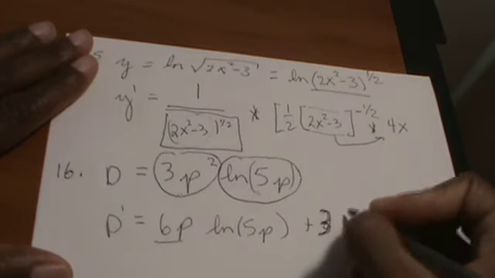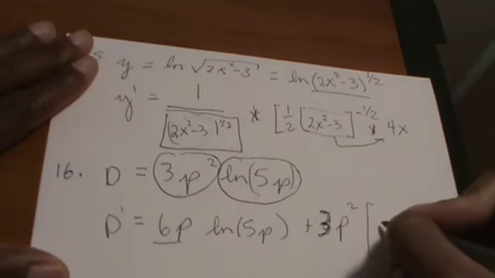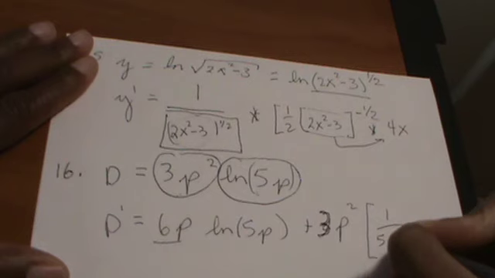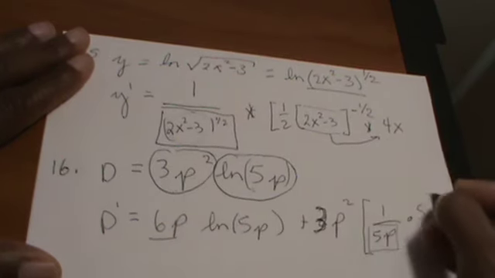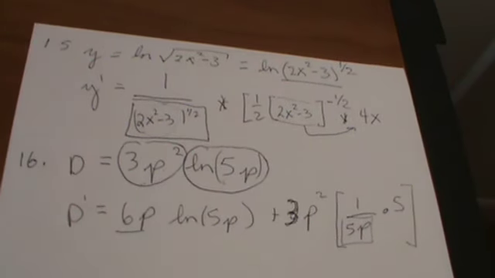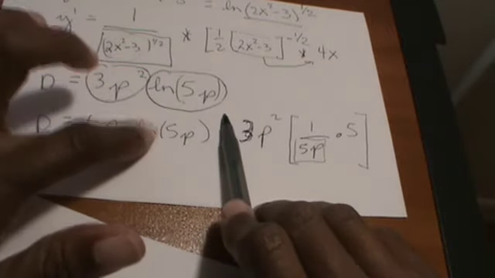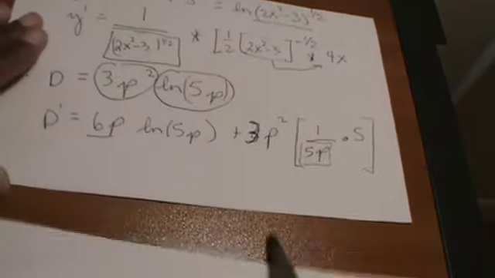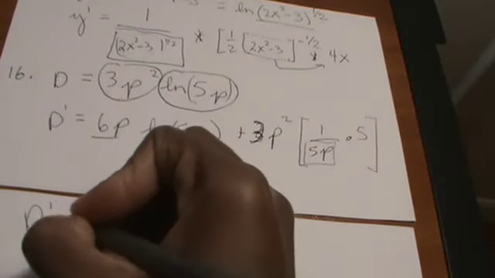This is 3. And while I take the derivative of that natural log piece, 1 over 5p times, there was my box down there, 5. All right, so I'll allow you guys to finish that up in terms of its simplification. Actually, I think I will simplify that one. Let's see, there's a wall right here that separates this left piece from the one that's on the right because there's a sum. So then D prime equals